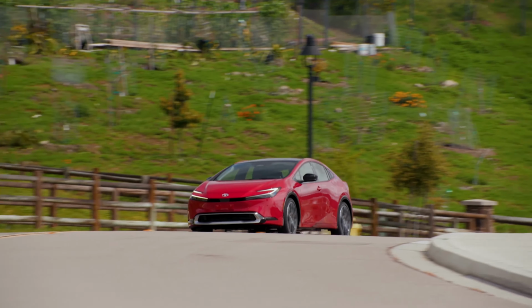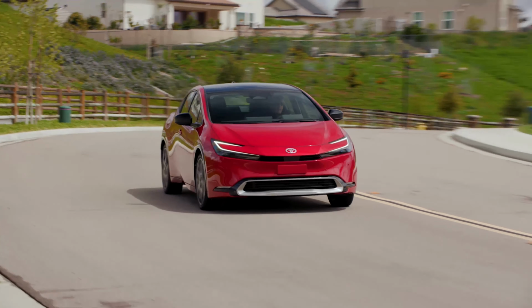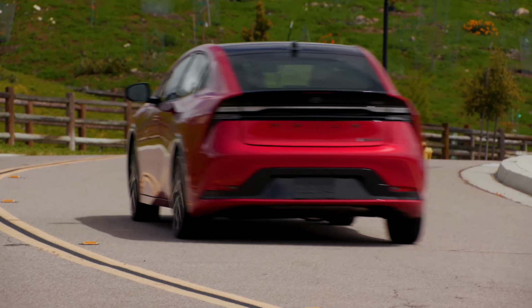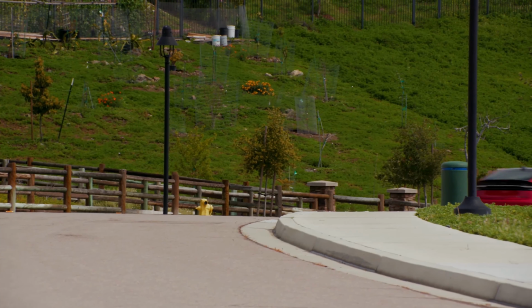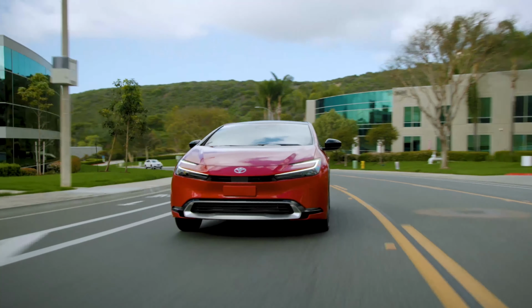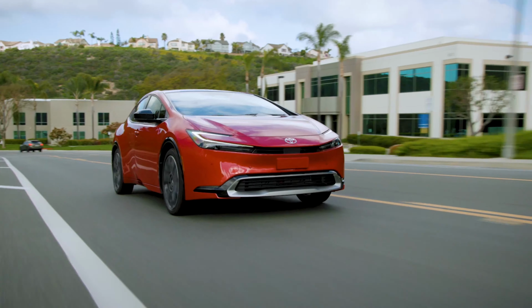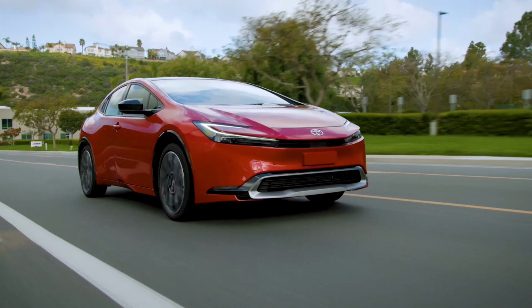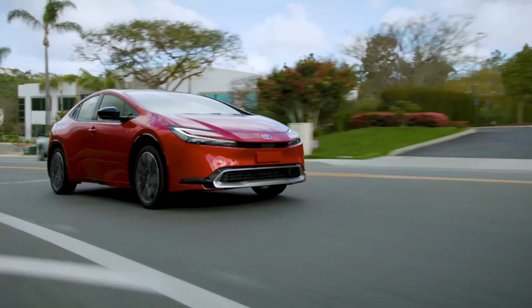The 2025 Toyota Prius plug-in hybrid. For this latest model year, we simply have one new thing to talk about, similar to the 2025 RAV4 plug-in hybrid, and that is simply the name change. They are no longer calling these vehicles the Prime. That Prime name has now disappeared, and we simply call these vehicles the Prius plug-in hybrid and the RAV4 plug-in